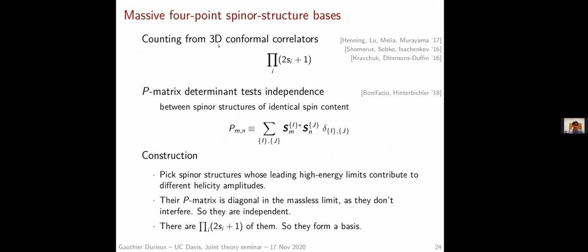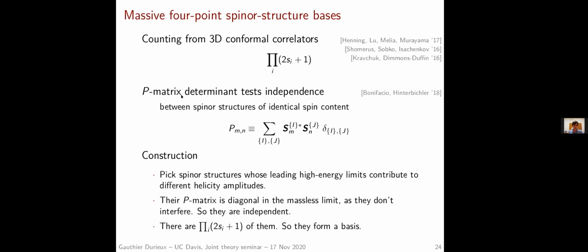The counting of those independent spinor structures is provided by the counting of conformal correlators, and it's equal to that number as seen by these people. So we know that a complete set should involve at least that number of spinor structures. We also want our basis to only involve independent structures, and to examine what independent structures are,